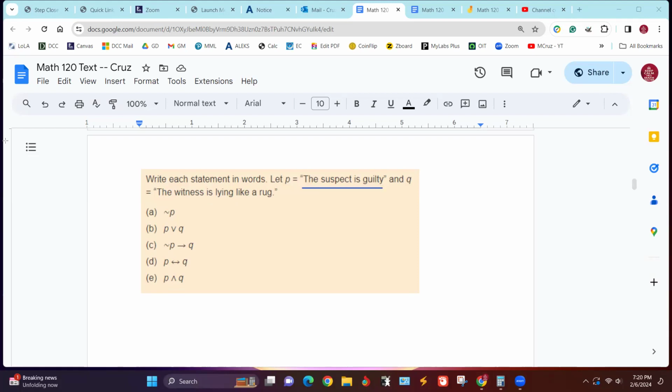So there's P. And then here's Q. All right, so they're being defined for us. So that means if we see P and Q in here, we can go up there and see what they represent, and then replace those with the words, and take into account what that symbol is.